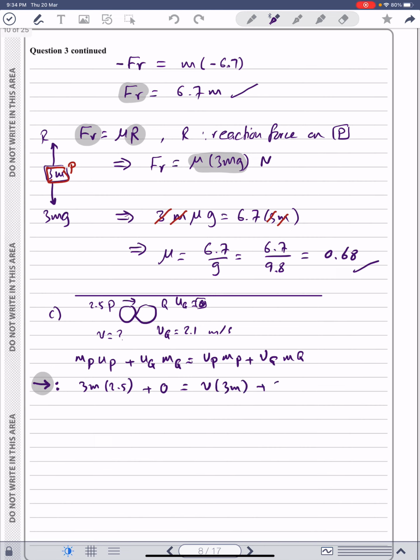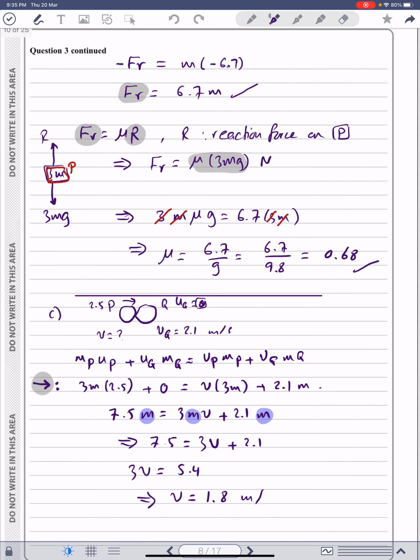V of Q, he told us 2.1, and M of Q is just M. By simplifying this equation, you will get 7.5M equals 3MV plus 2.1M. We notice fast that M is a common factor in both terms. So this will lead to 7.5 equals 3V plus 2.1. Solving this for V, 3V equals 5.4. So V equals